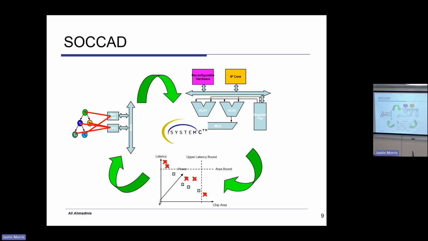So then I moved on and I did my postdoc. I moved on to working on a system on chip and designing high level systems that we can model at high level. So we use SystemC to model different modules. And then we do the kind of design space exploration, how we can use the best configuration to put them